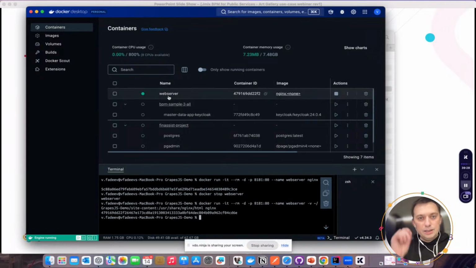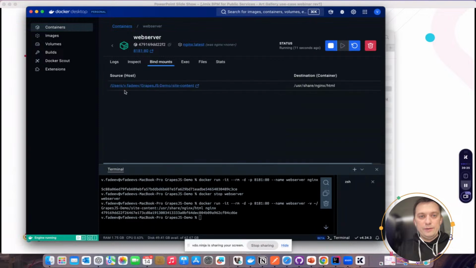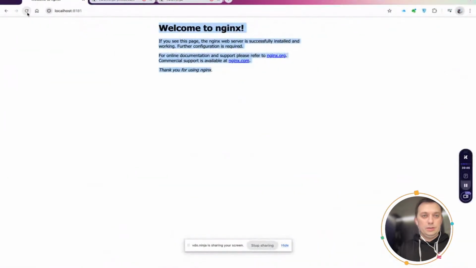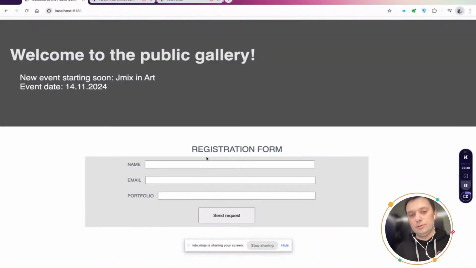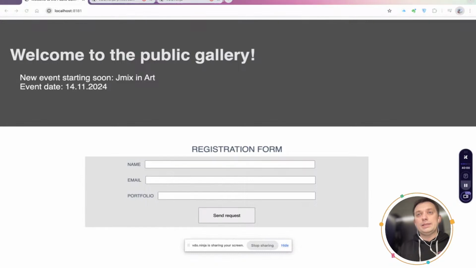I see in the dashboard of Docker Desktop that the web server is running, and if I inspect the details, I will see that I have the bind mount. Yeah, so I see that it mounted successfully the local directory to this container, to this directory. So let's check whether it works in our browser. Wow, it works. Yeah, that's great. So we just finished with publishing the web page to the local web server, and now we can start